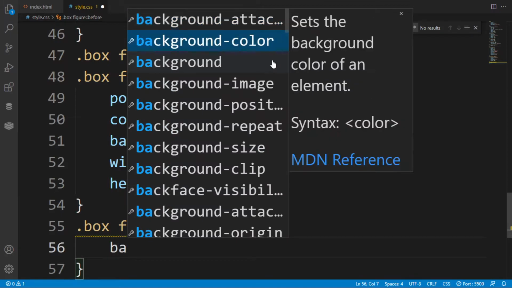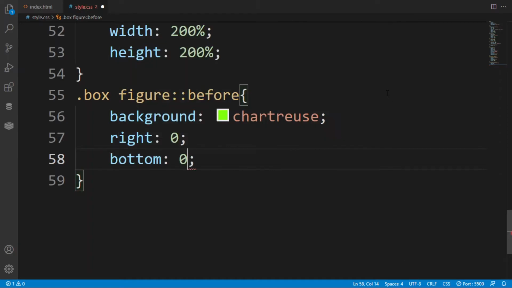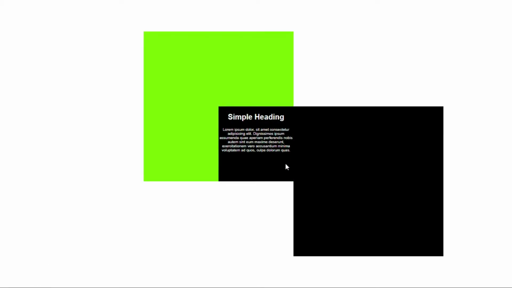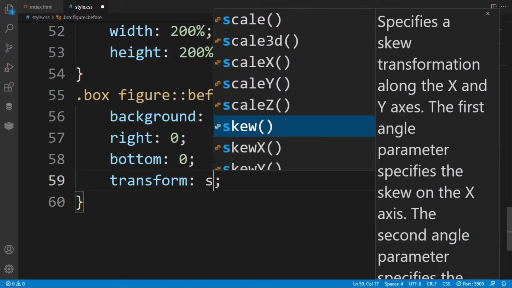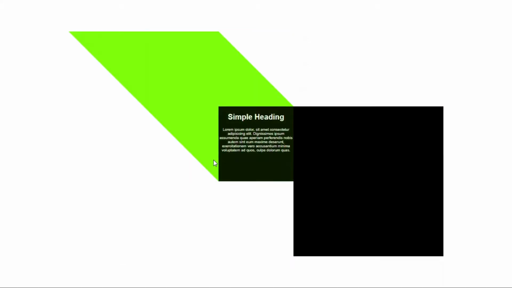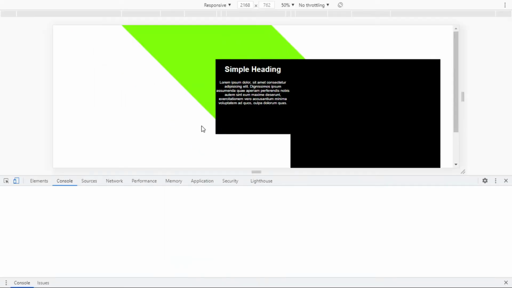Here I am going to change the background to green so that we can see it fairly well. Now here put right 0, bottom 0, meaning at this corner where my cursor is, right is here and bottom is here. So at this corner where my cursor is lying, now I am giving the transform of skew 45 degree. 45 degree in CSS means the 45 degree that we usually draw in our copies. So here I want to give translate X, which is 10%. So as you can see, this has been shifted.